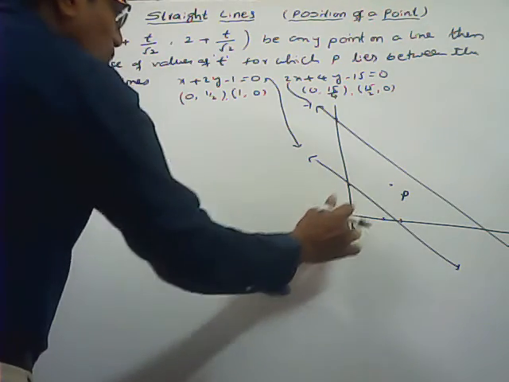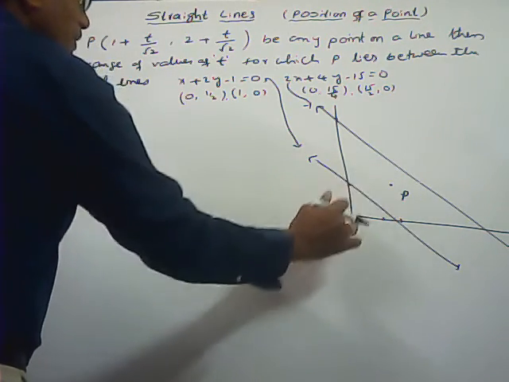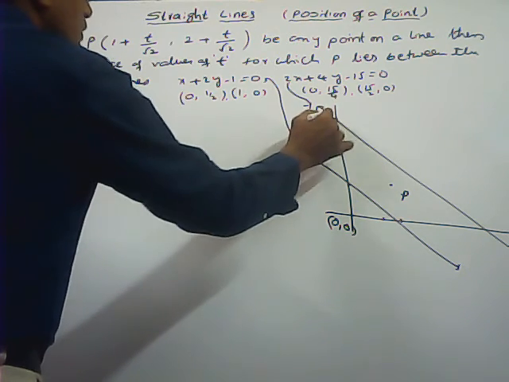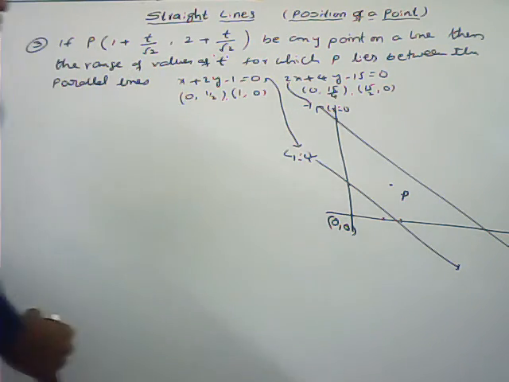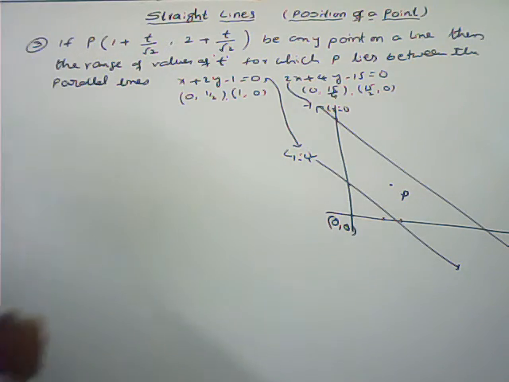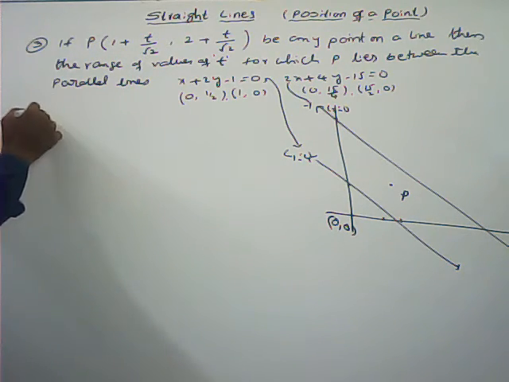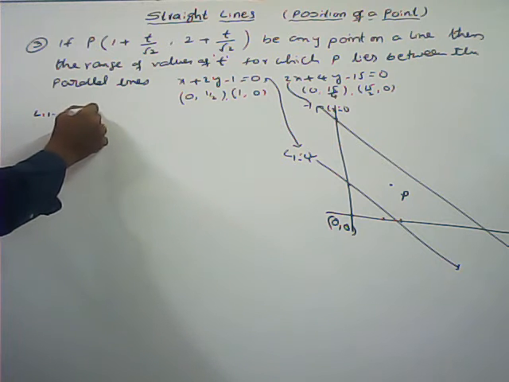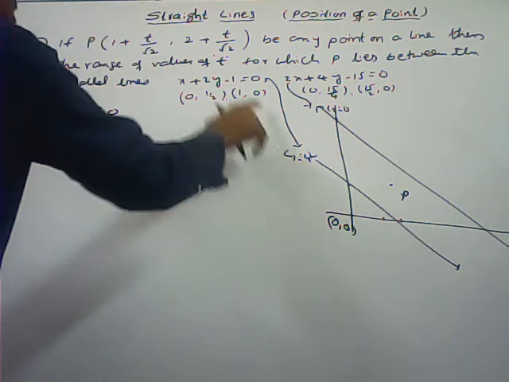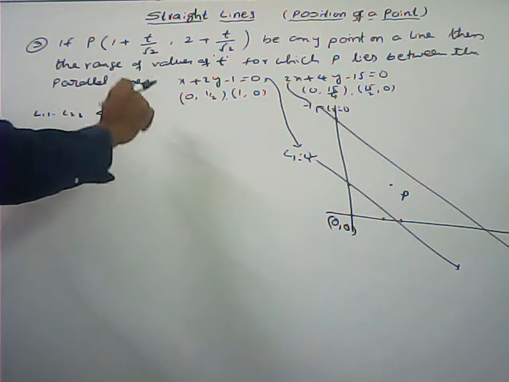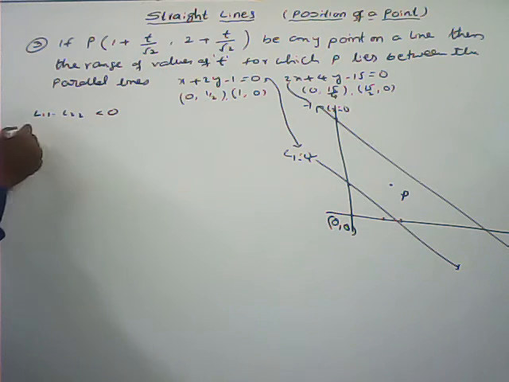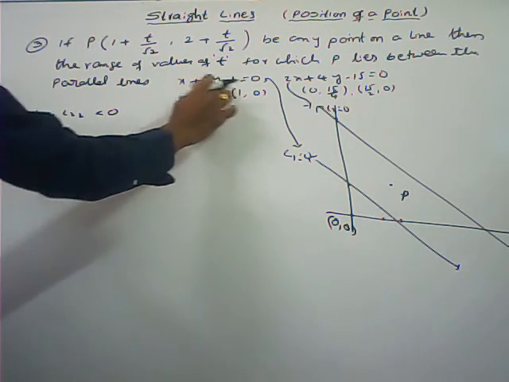Now what about these 2 points with respect to this line? They lie on the opposite side of this line, L1 equals 0. This one I am taking as L1 equals 0, and this one as L2 equals 0. By observing the first line, these 2 points lie on the opposite side. Opposite side means L11 into L22 should be less than 0. Substitute in the first line: L11 means substituting 0, 0, minus 1, I am getting minus 1.